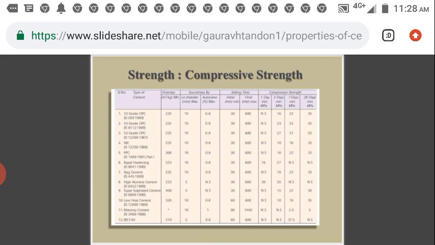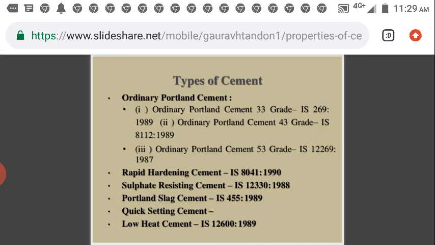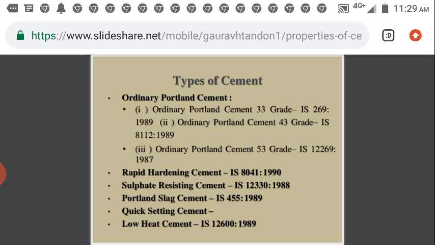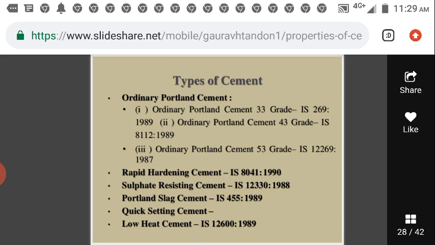This is a literature where they have taken ordinary Portland cement and conducted tests with different ratios of it. They have displayed what the compressive strength will be, though of course not that much is required. Normally it is very important to know, for the different types of cement, which grade and which IS code we are referring to. When you say it is the 33 grade, we have to use that code only to determine the different types of strengths, and there they have given the mix design also.